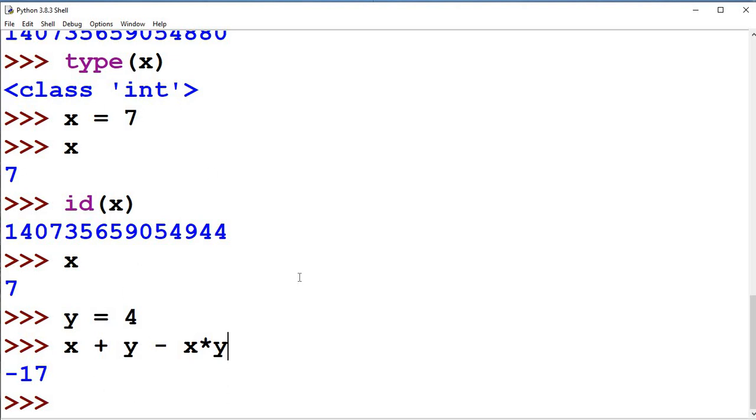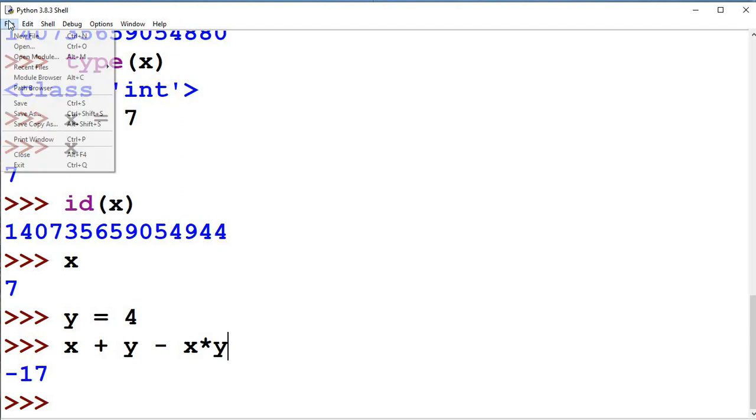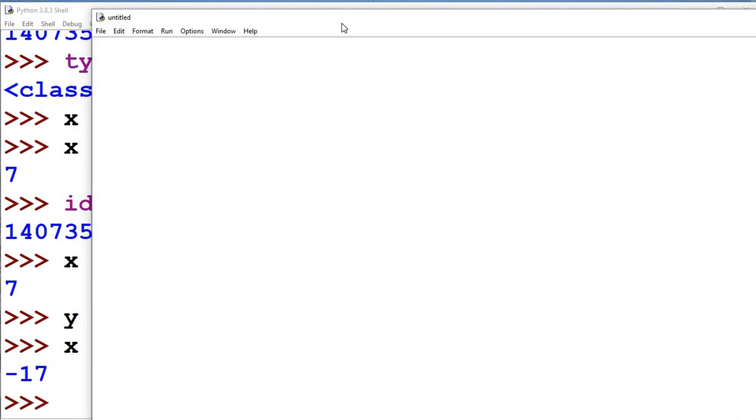In Python you call it a Python script. Sometimes you call it code, Python code. If you go to file and open a new file, another window will come.